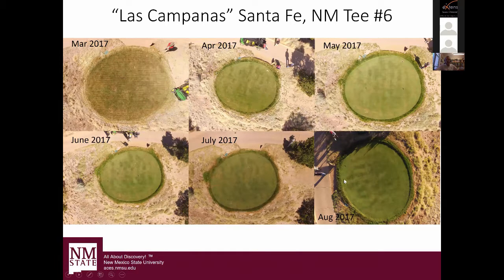This is kind of a time lapse through the year on these drip irrigated turf areas. You see March, where ET is low, so the water amounts are also very low. You see the striping, interesting, but as ET goes up, your irrigation amounts go up. And by July, August, you don't see the striping anymore. Also very noticeable here is that we're now irrigating exactly the area that needs to be irrigated. So there is no overspray anymore, and you can actually leave the areas outside the tee box as a desert,